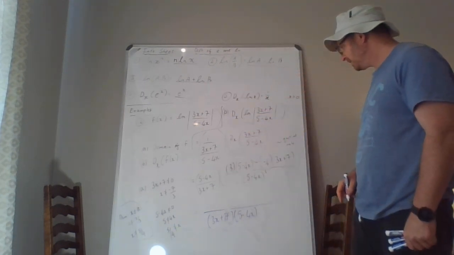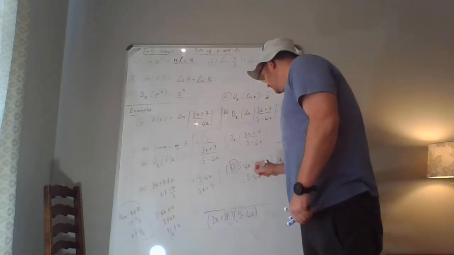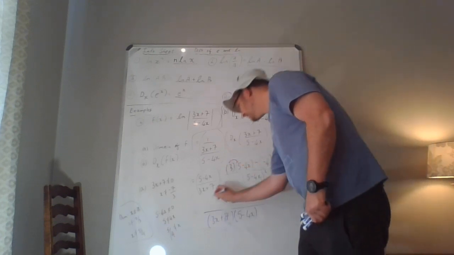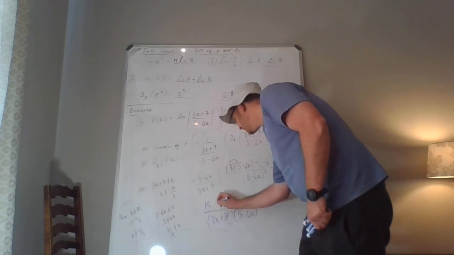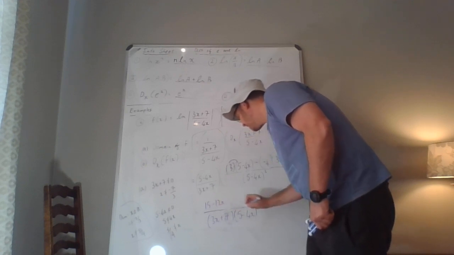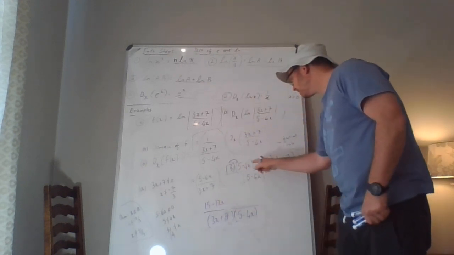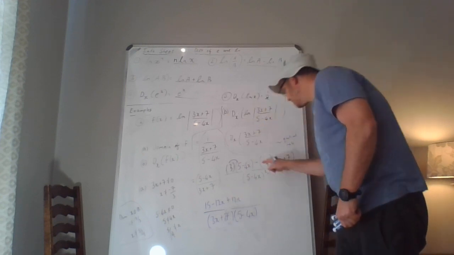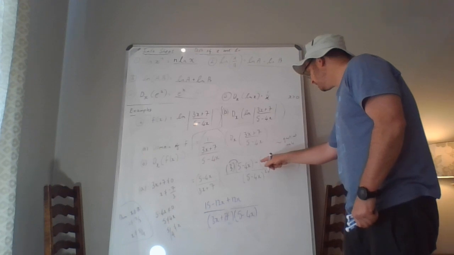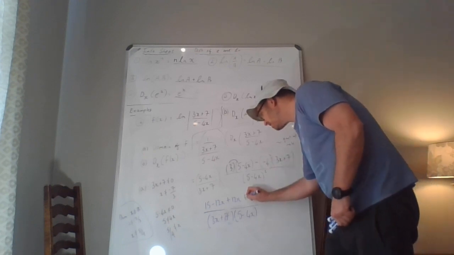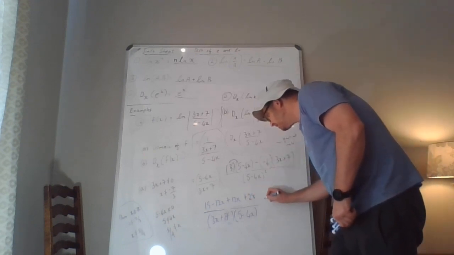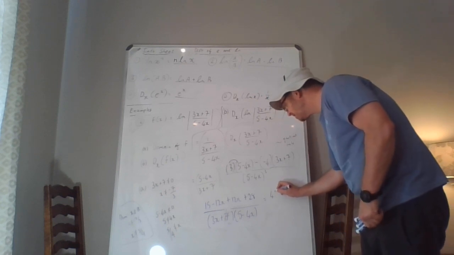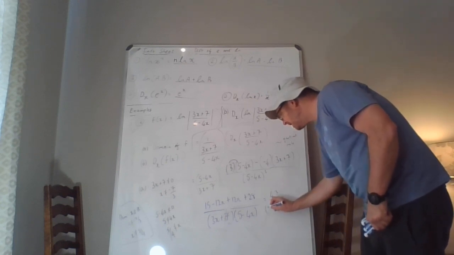At the top, you're going to have 3 times 5 is 15. Let's just simplify. 15 minus 12x plus 12x. Okay, and then you're going to have plus 4 plus 28. So you're going to be left with 43 over 3x plus 7,